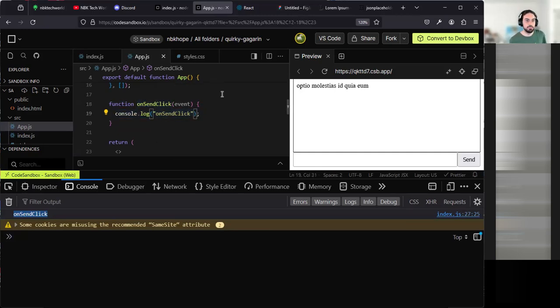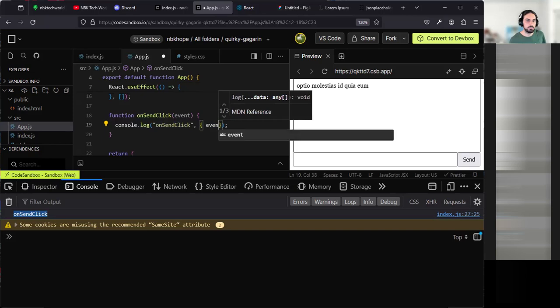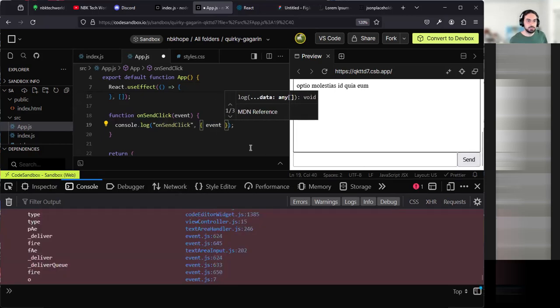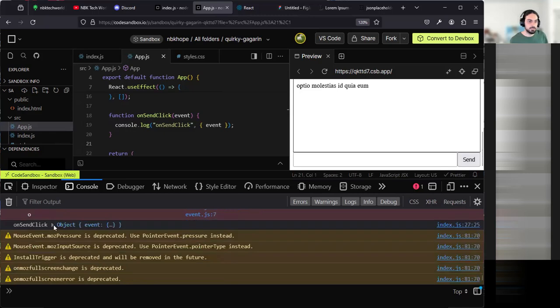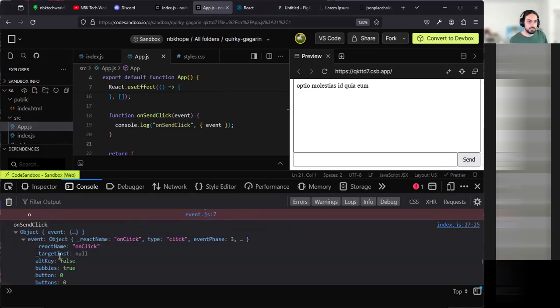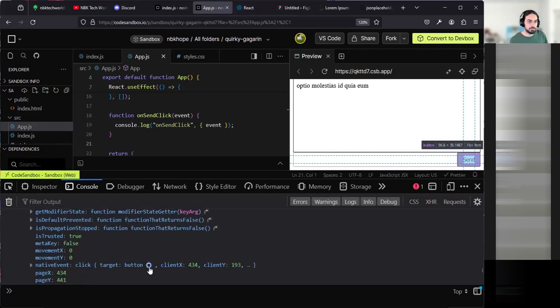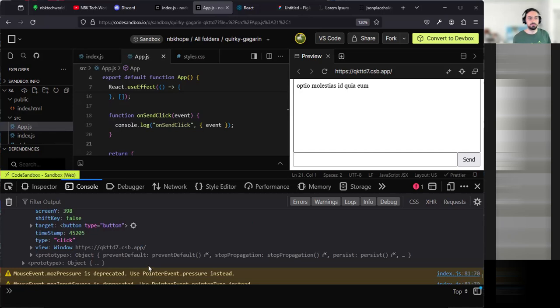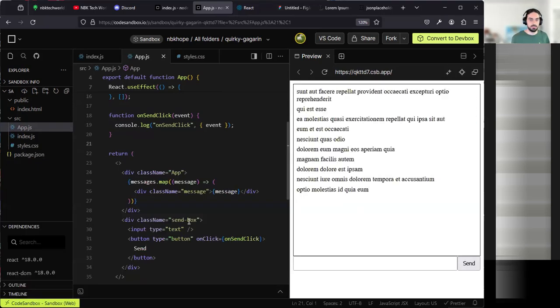And if you want to look at the event, you can also add a comma here and the event object to better understand what event is. You can see event is an object, and that has all these properties, whatever, if you care about that. I don't really care right now. I can see target is the button, the thing that triggered. All right,